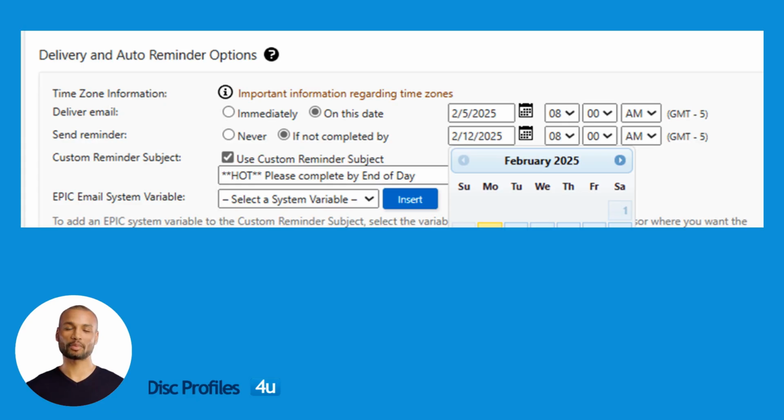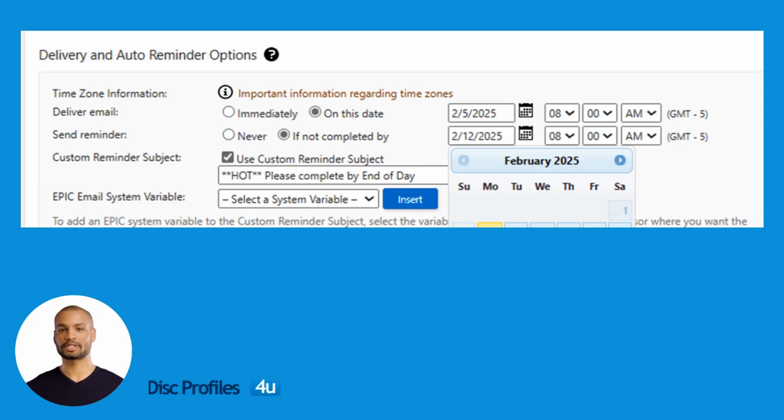An example of setting up a reminder. If you have selected February 26th for the training date, you may want to send the assessments out February 5th and select the reminder to be February 12th, first thing in the morning, so they are front and center of the learner's email. This will ensure you have plenty of time to review the report information before training.